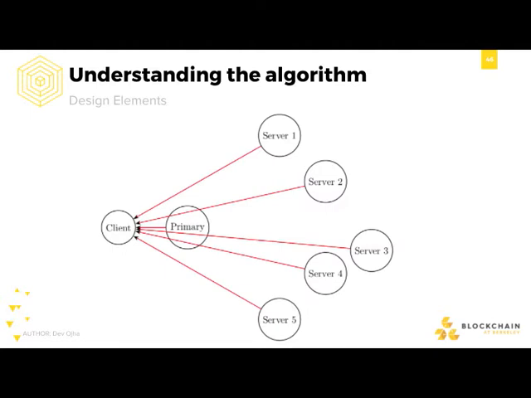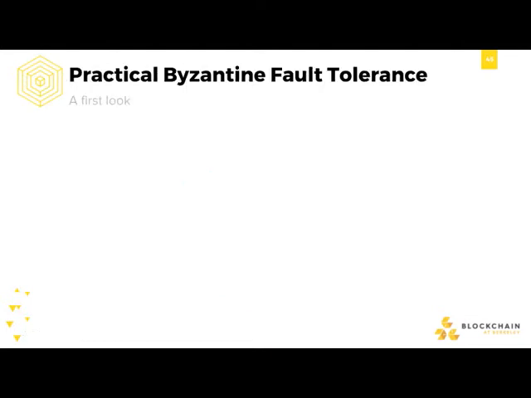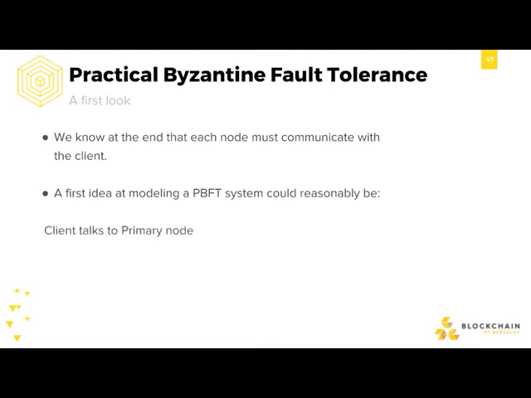So let's try to come up with a naive scheme for how this could work. We know that at the end, every node has to tell you their result. So why don't we just have you talk to the primary node, you tell the primary node your request. The primary node tells every other node in the network what your request was. Everyone computes that result, and then